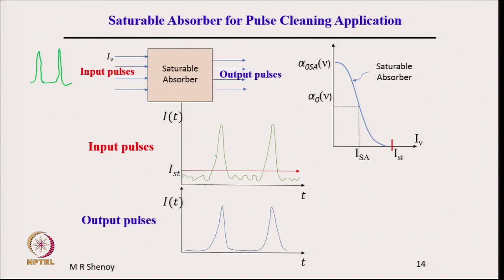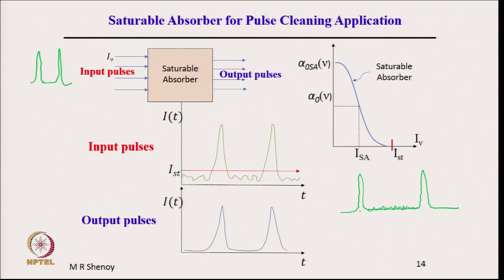What is shown is the input pulses here, that is the intensity varying as a function of time. So, pulses have high intensity over a small duration of time, and then there is no intensity. Ideally it should be 0, but usually when pulses are generated, there are small noisy fluctuations in the intermediate time period. Ideally, we should have had a pulse which is like this and then completely 0 till the next pulse comes. But usually in the pulse generator, there are some noisy mechanisms and you have some small intensity fluctuations.